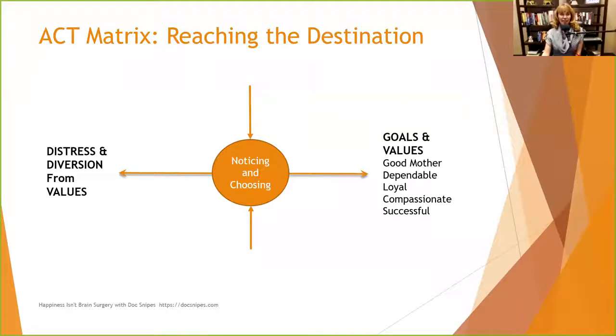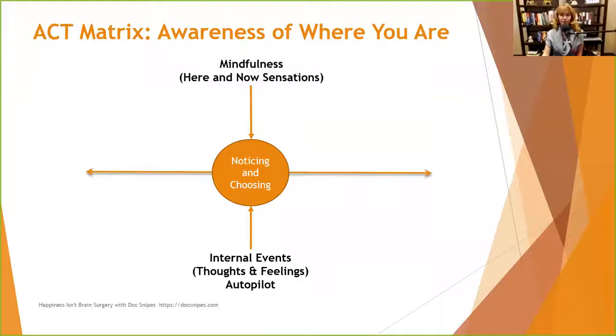A lot of times those automatic thoughts creep up on us and distract us, which takes us to the top and bottom. Think about what you've been doing today. You probably got up, made breakfast, got in the car, drove to work, got out, a whole bunch of stuff. How much of that did you do on autopilot versus how much did you have to think through and make a conscious choice?